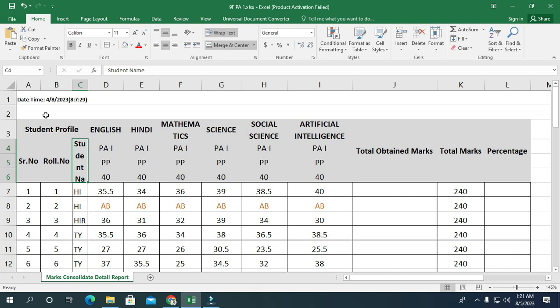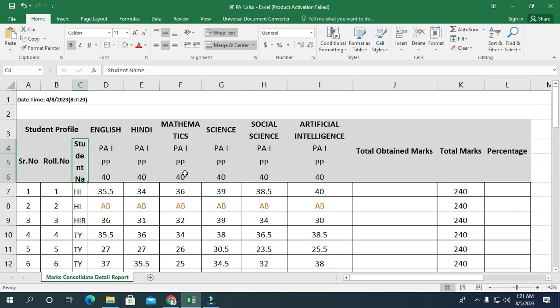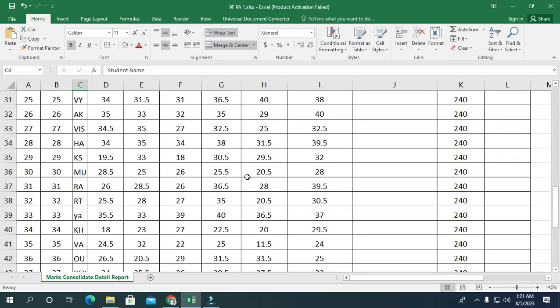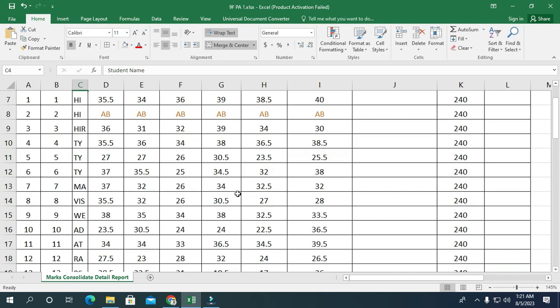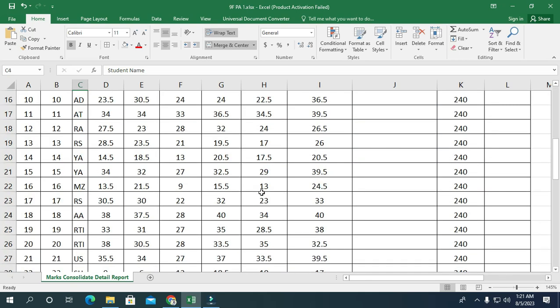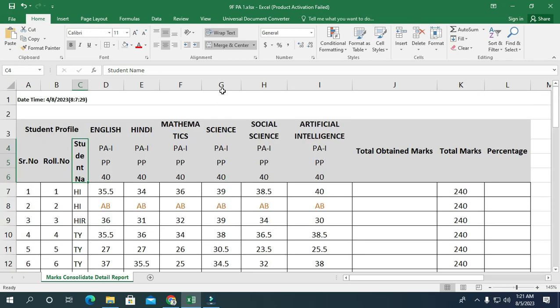Okay, so we have got one sheet. On this, serial number, roll number, name of the student and the subjects are written, and these are the marks. So the first basic thing we are going to see is that once we start scrolling downwards, the heading scrolls up and gets disappeared because it is hiding up. So if we want to lock these headings, so that even if we scroll down the heading should always be visible, in such a case,